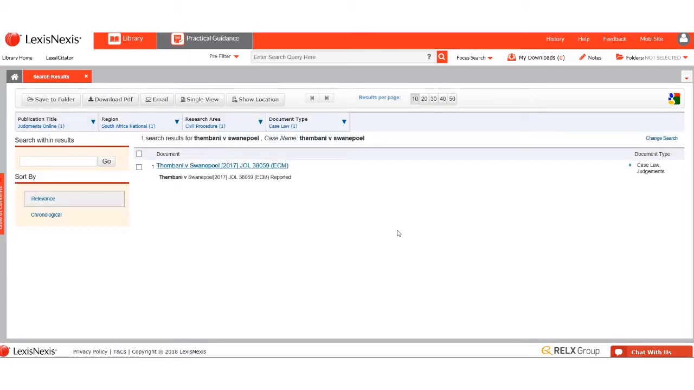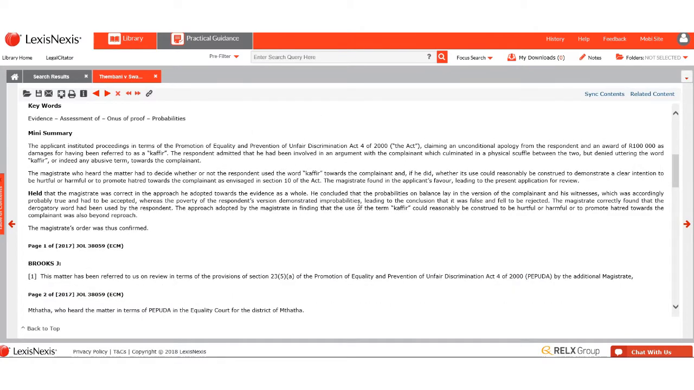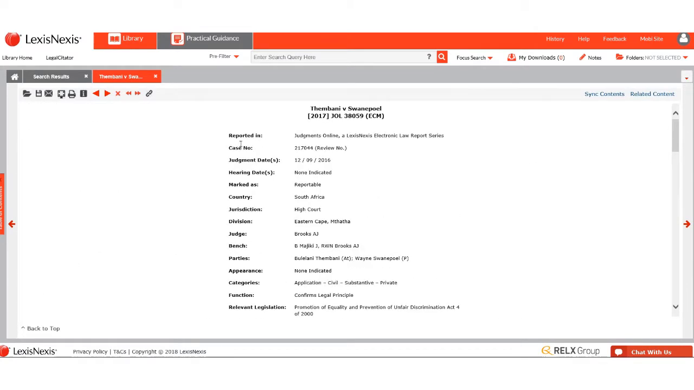Then it gives us the whole case of Tembani and Swanepoel. There is 2017, but because this is LexisNexis, it will look different from MyJuta, but that is the exact case that you are looking for. Then you click on the case, and it will give you the whole content of the case, with the reported case number, with the judgment, right to the last one, that is the relevant legislation that was used